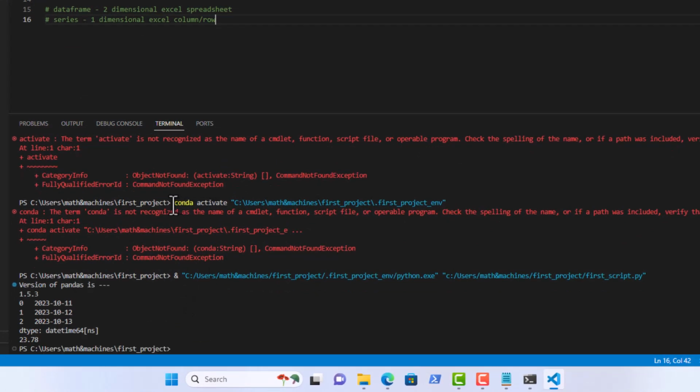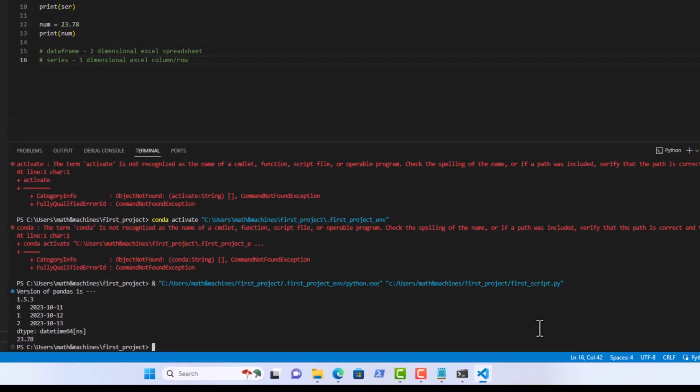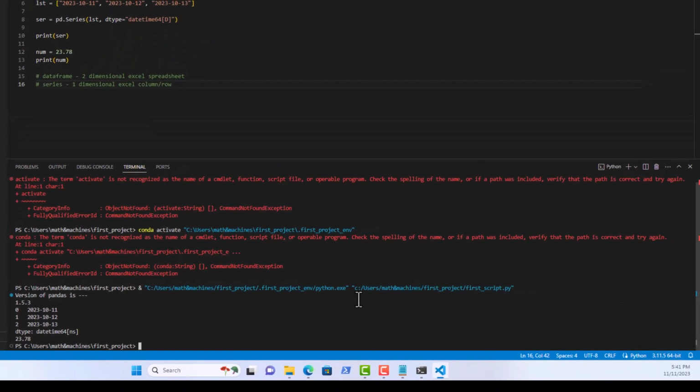Okay, so this is interesting, right? It already tried to activate the environment using conda commands, but obviously conda is not there in our environment variable. But it was finally able to run this command, right? Because the Python interpreter that we have selected here is this one. It was pointed to that interpreter, and using that, it was able to run this script. But it wasn't able to run it using the conda command, because obviously we don't have it in our path